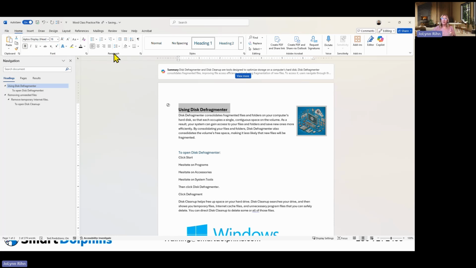I'm going to go to my paragraph group. I'm going to click the icon for border. Now I have a bottom border going all the way across. Now, if I want that to be consistent through my document, every place that I used heading 1 as a